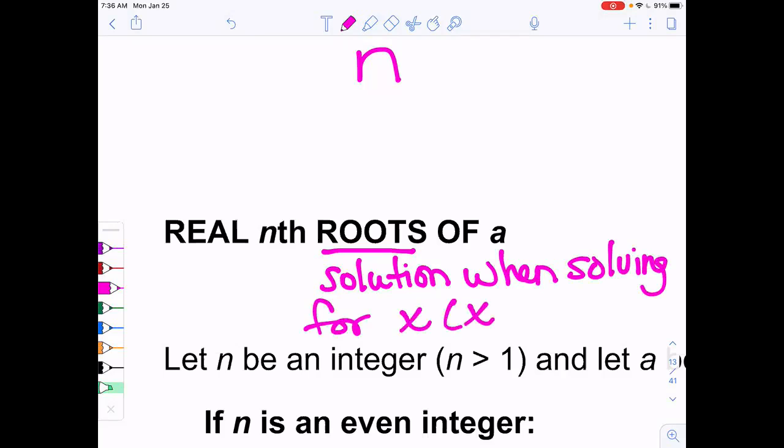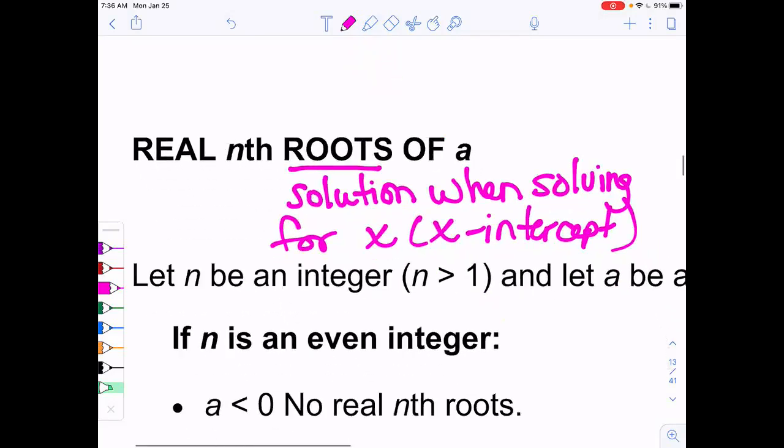It's also an x-intercept. All those words mean the same thing. And we talked about that at the end of chapter 5. So a root is a solution if you're solving for x. All right, so yes, we're talking about taking a root of a number, but we're also going to be talking about solving for x. So there is a little chart down below